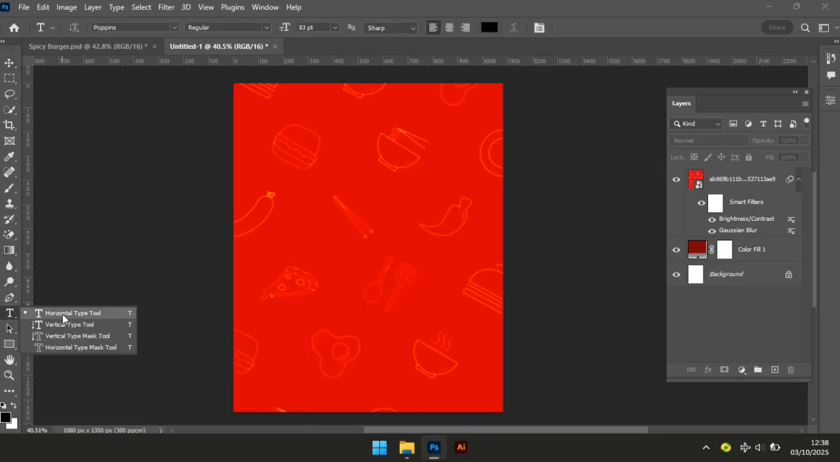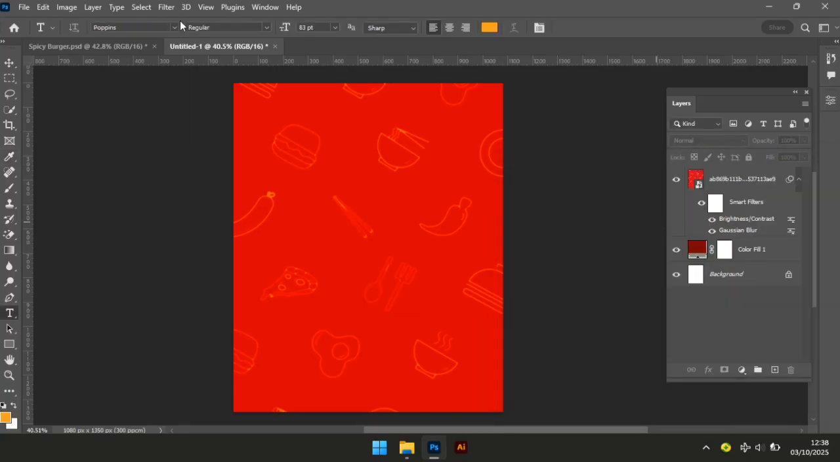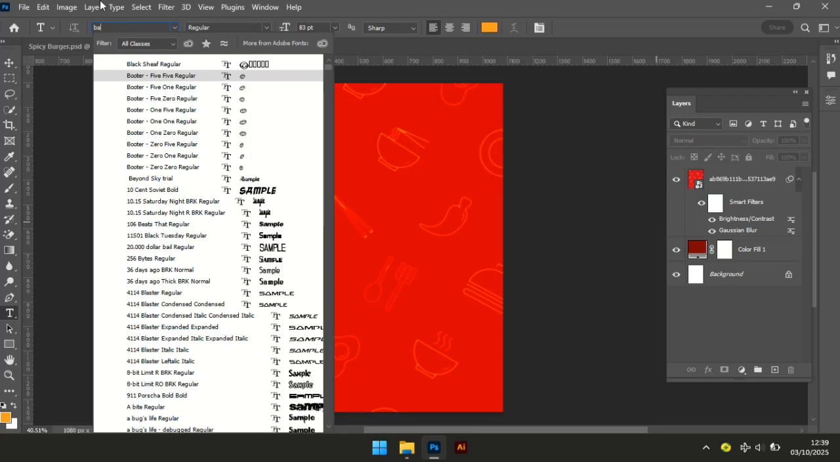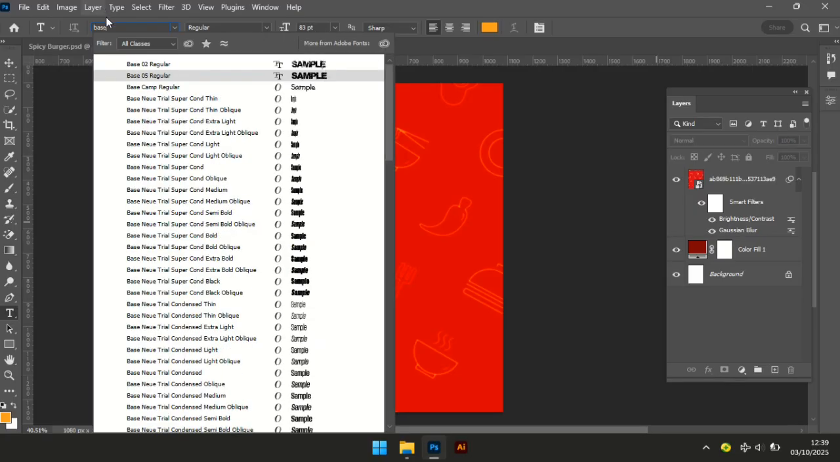So the next thing, I'm going to type a text, hot. So the color code for the text color is F9F20. So let me choose a better font. And yeah,